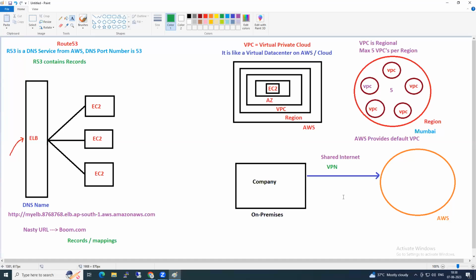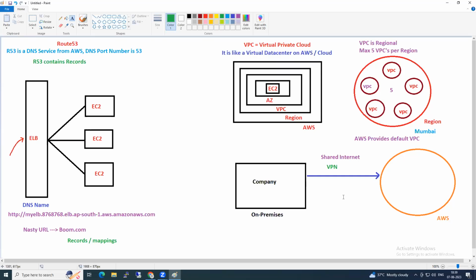This VPN uses shared internet only. But there are a few companies that say, I want it super secure. I don't want to use the shared internet. I want to connect from the company to AWS separately, dedicatedly. No shared things. I want my own connection. In that case, will you be able to use internet providers? No, because internet providers are shared internet only.